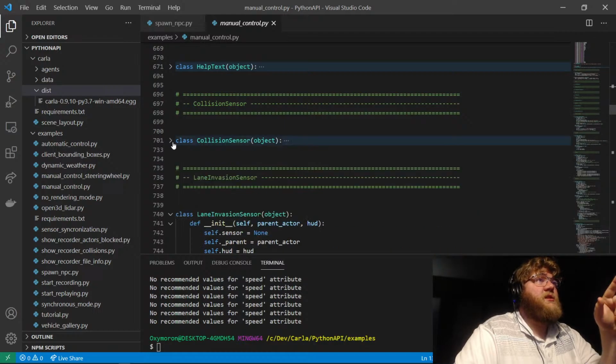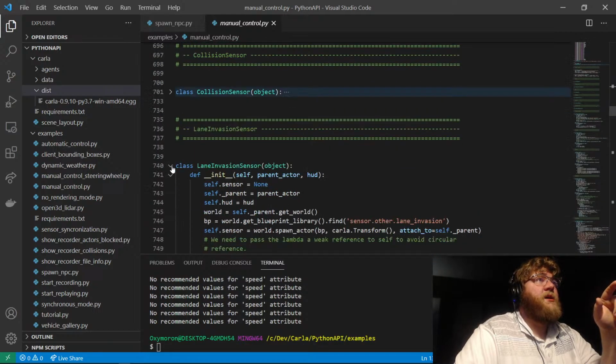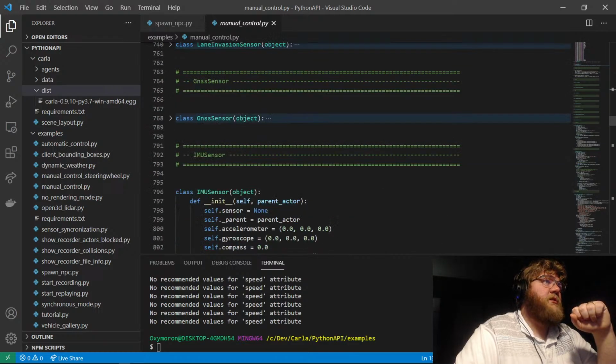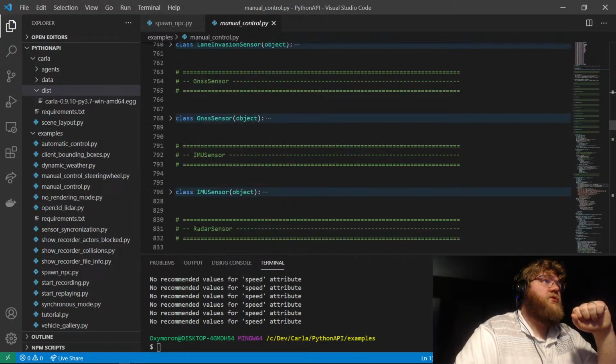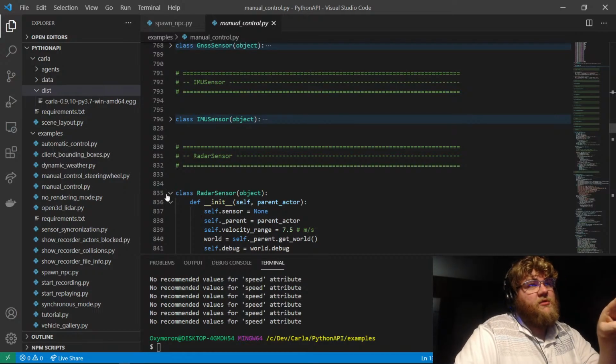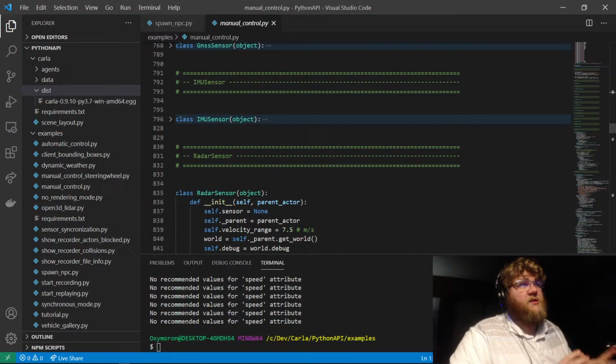Line 700. Let's remember that because I want to see that later. Lane invasion sensor. What is that exactly? Yeah, we'll look into that here in a little while. This global navigation system. Okay. Inertial measurement unit. Radar. So this is something I'm really interested in for my real world project, is getting some microwave